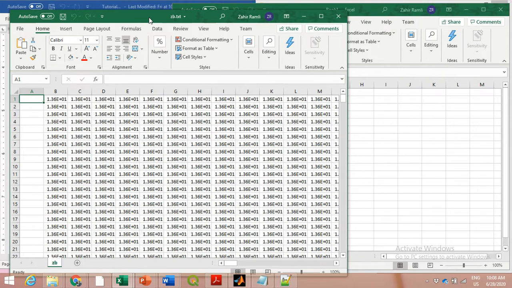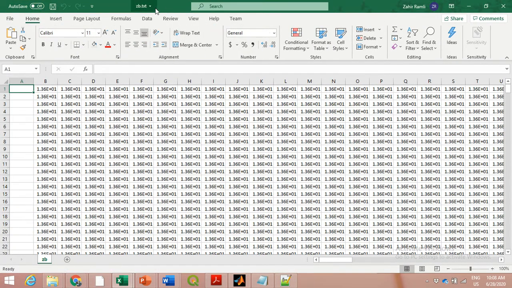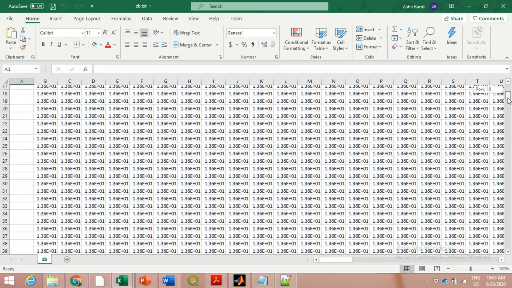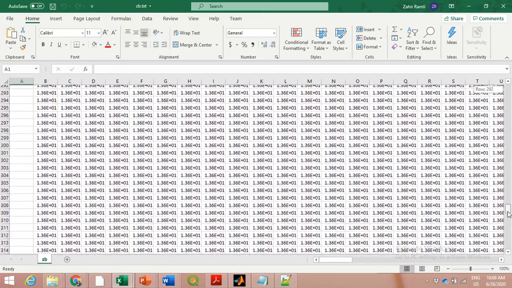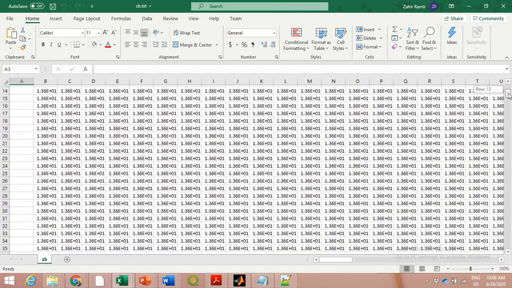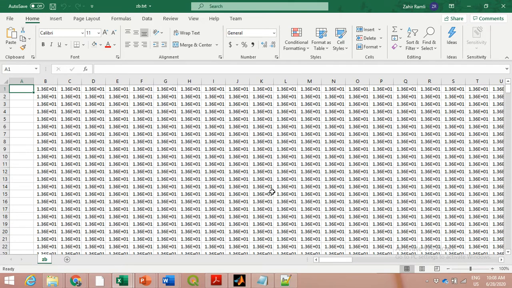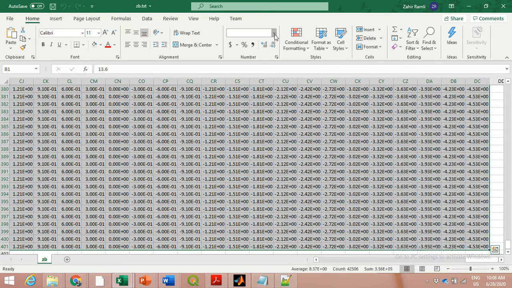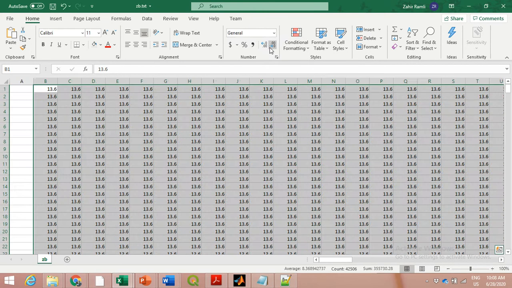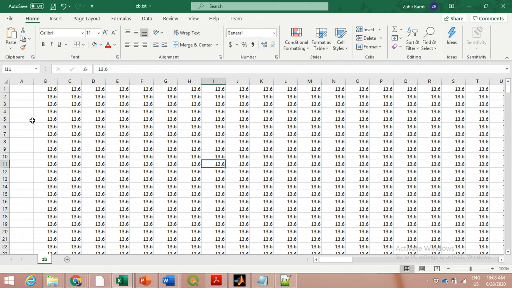Okay, so this is your zb.txt. So this Excel file here, everything up until 401, this is the one that creates your bathymetry file. If you look at those numbers, everything looks quite similar. So in order for you to understand, I control everything and I change to general, so you will not look so confused with the scientific numbers. So you can see all have similar